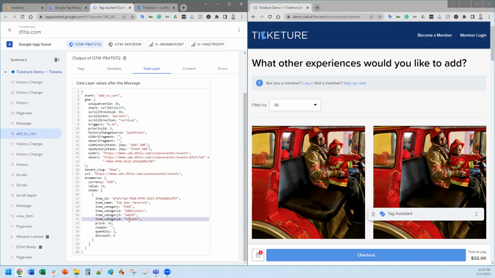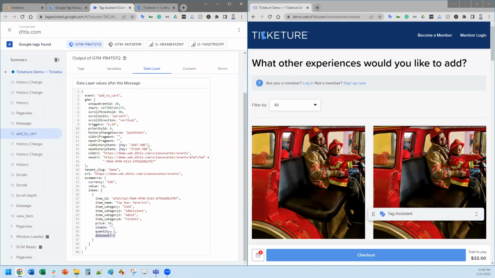So this one actually will tell me if it's a membership, if it's a gift card. That's what we call the handler. And so it'll be tickets, membership, gift card. There's also one called code. So if you're doing the new way we do gift of membership, where you can actually buy a code for redemption, that'll say code. A lot of different ways. And again, all this is outlined in that particular KB article.